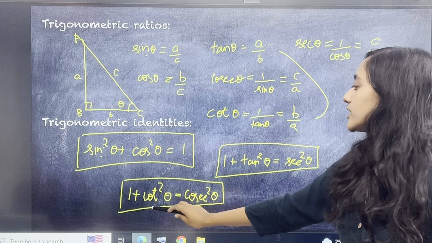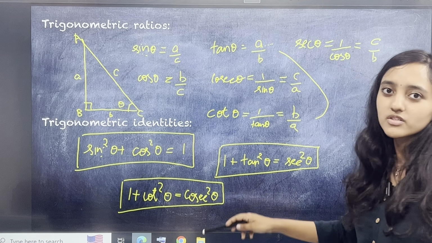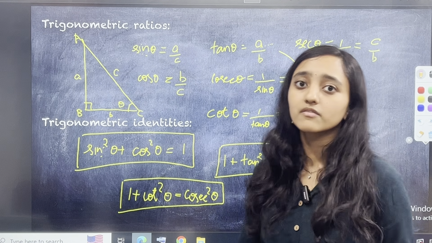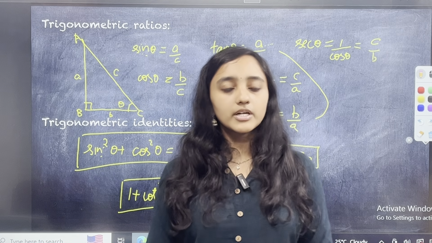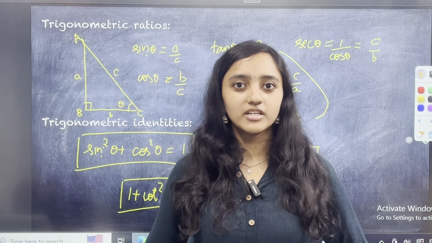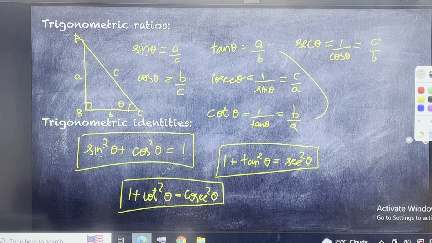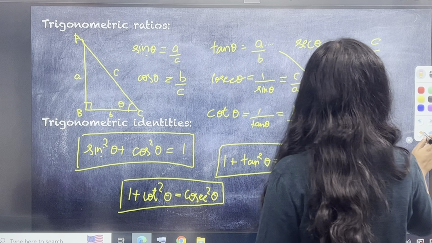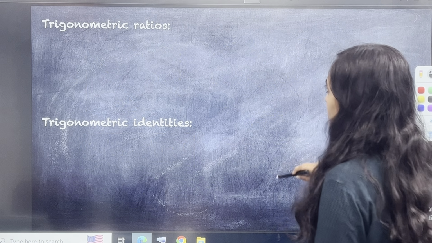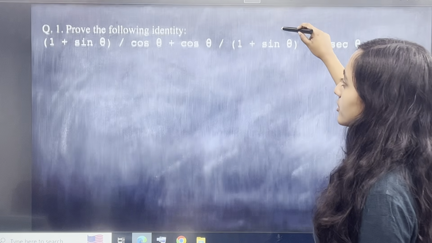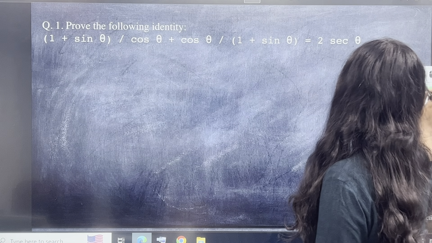And इसका reciprocal यहाँ पे होगा. So 1 plus cot square theta is equal to cosecant square theta. You can have various ways of remembering the same thing, but this thing right behind me is something you should remember. Okay, please note it down. Next, once we have clarity about this, what we are going to be doing is actually some questions. We are going to be doing proofs basically.